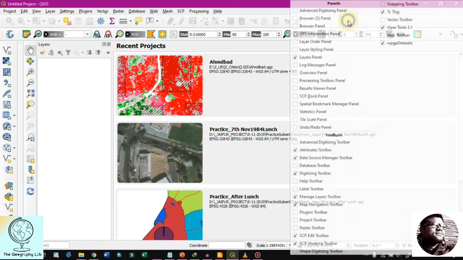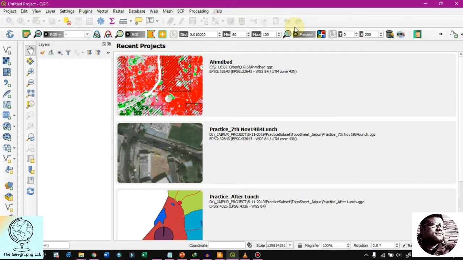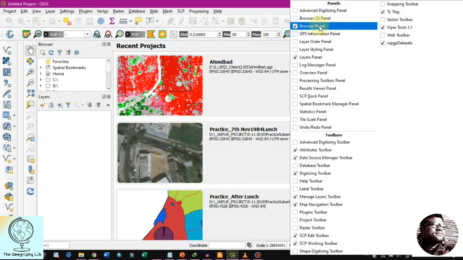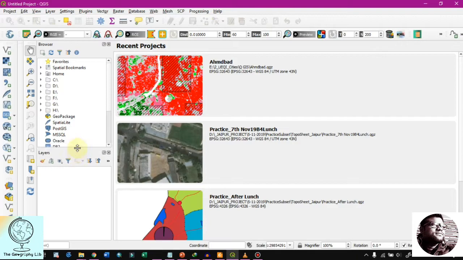So if I want to add the browser panel, then you have to open here, then, sorry, yeah, it has come here, the browser panel.